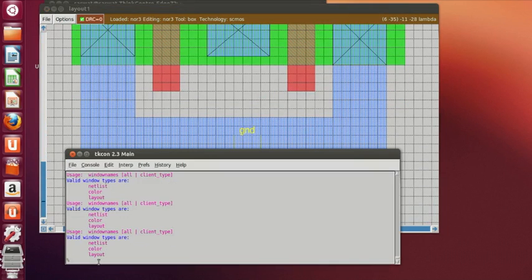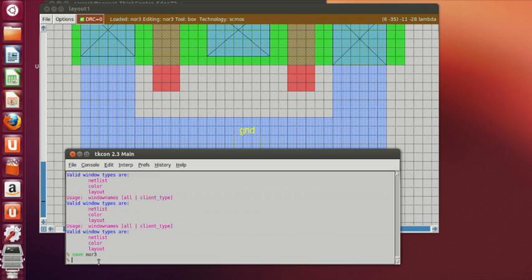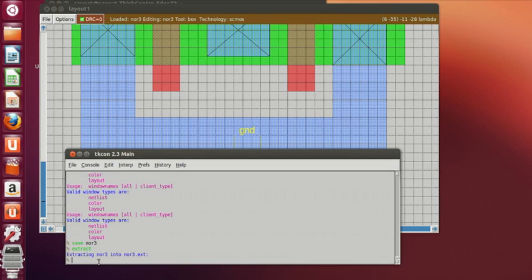So everything is completed. Type save nor3. And I have to extract or generate the .ext file. So type extract, and after that I have to convert it to .sim file. So type ext2sim,